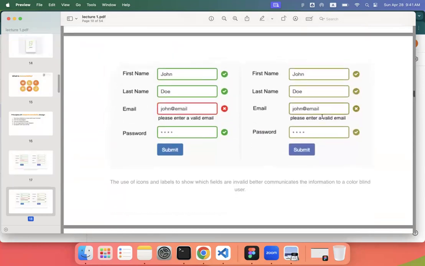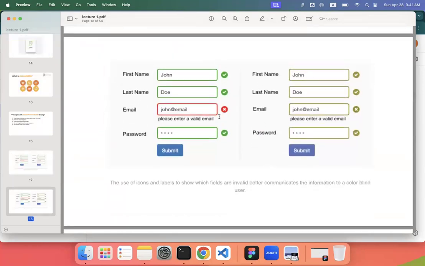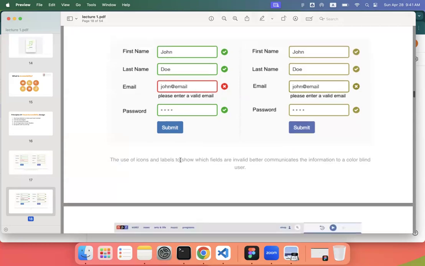They can't differentiate between these two colors. So in that case, what we can do is add this kind of a cross and a tick for the correct ones. In that way, the colorblind people can follow these icons and understand what is wrong with the form, and they can correct it and submit the form. The use of icons and labels to show which fields are invalid better communicates the information to a colorblind user,